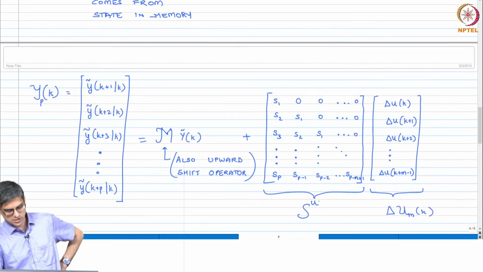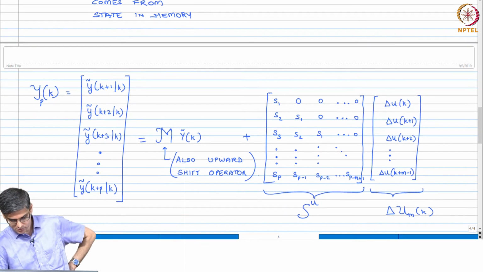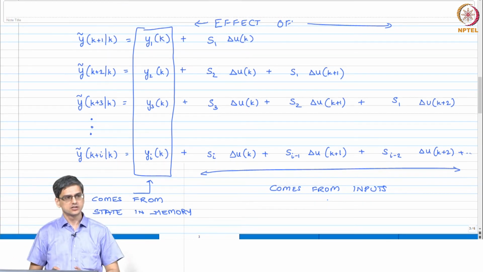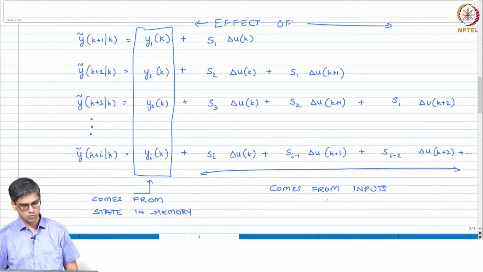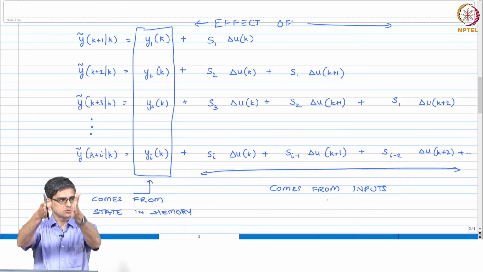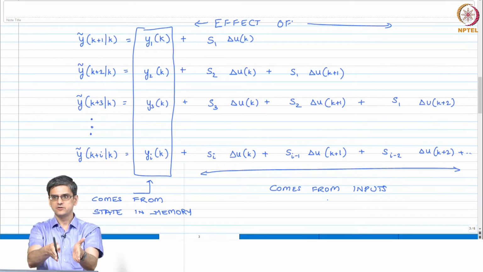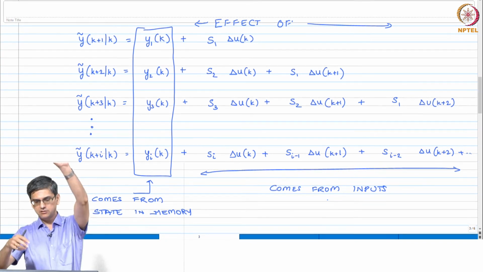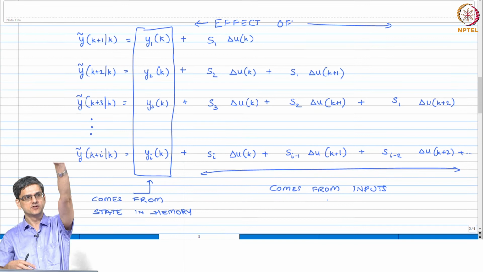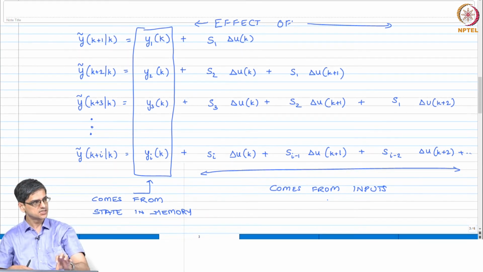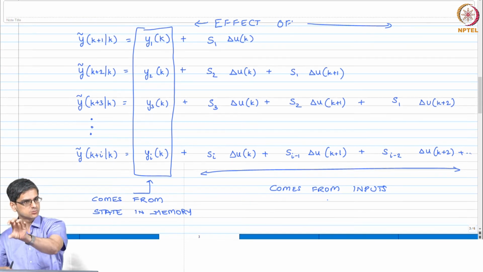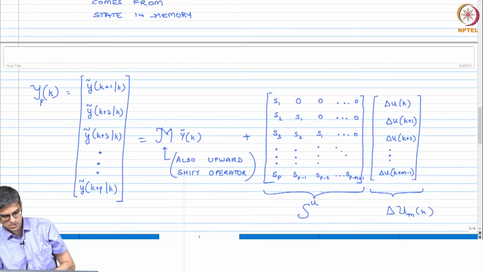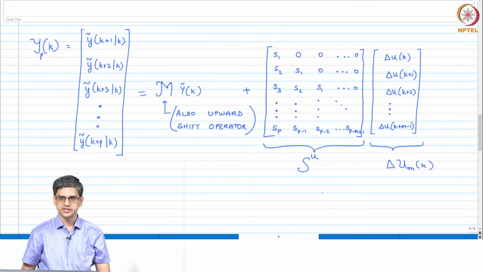Okay, so this is what you should have gotten. Again, I have written it in this form so that you can do just one-to-one matching. As you can see, your S1, S2, S3 up to SP form one column, all of which are going to multiply with your delta u. Then 0 comes for your first row, S1, S2 up to SP minus 1, then 0, 0, S1, S2 up to SP minus 2, so on and so forth. And this is the way you will construct that matrix.